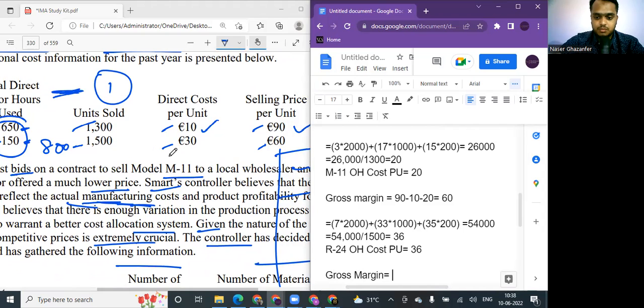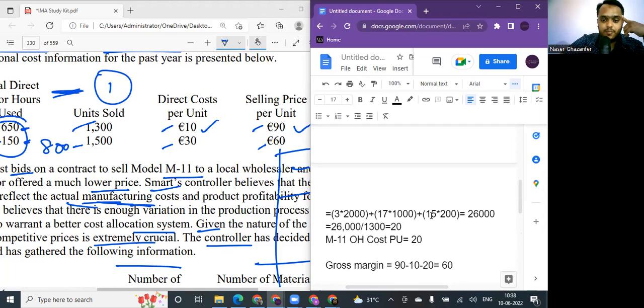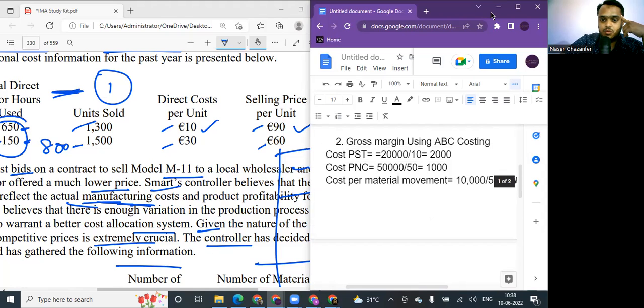Now my gross margin is equal to 60 minus direct cost 30 minus 36. How much does it equal? 60 minus 30 minus 36. Minus 6. That's my gross margin here. So I've got a loss in there. So if I just show this one,